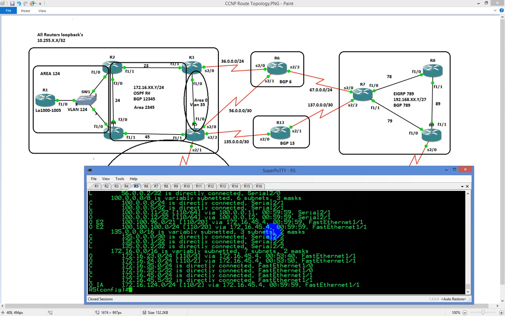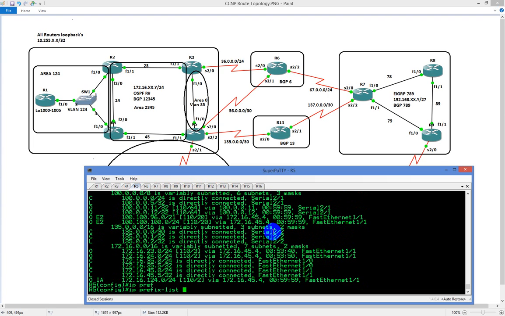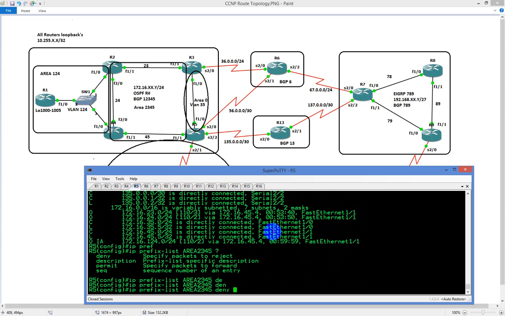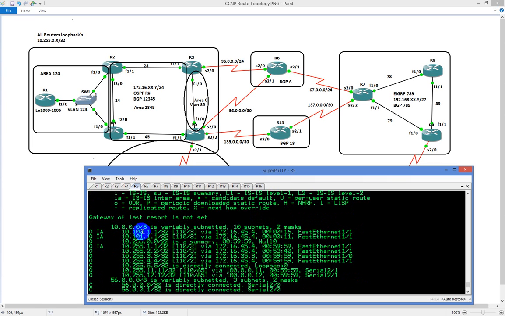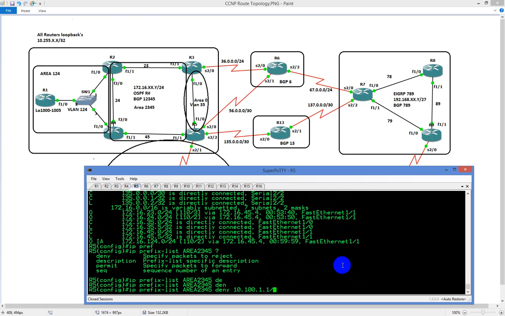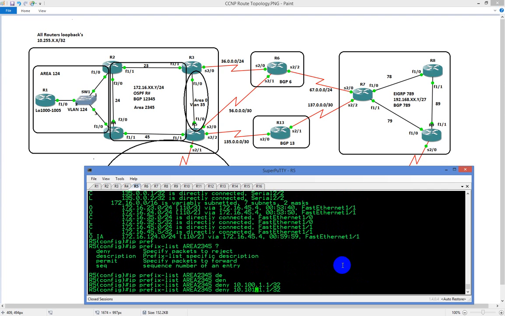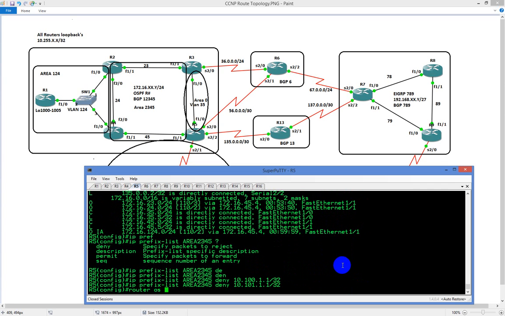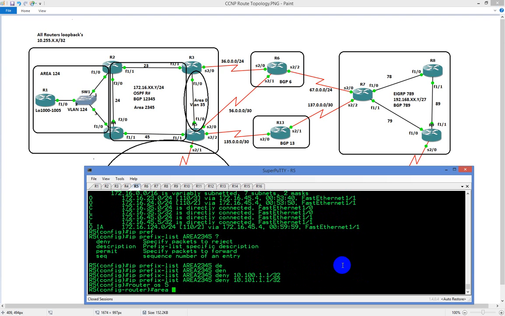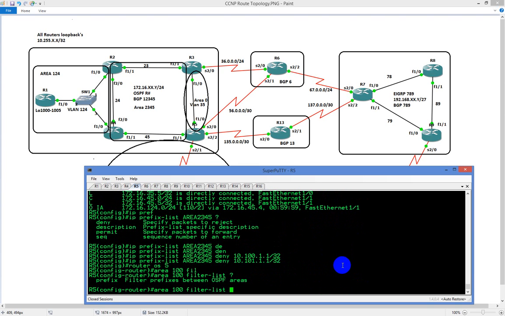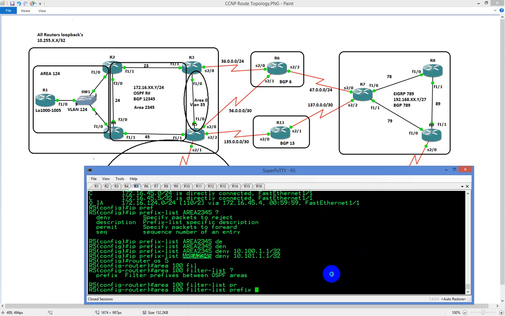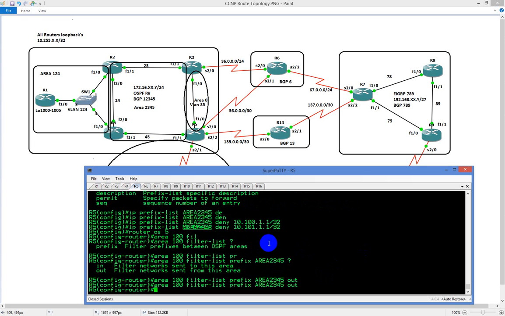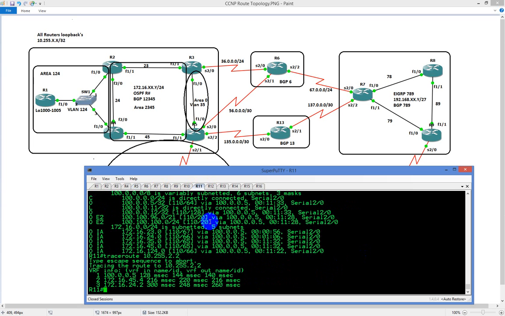So here again, I'm going to type in IP prefix list area 2345. I'm going to type in deny, and I'm going to grab the route here. Deny that, /32, and deny 101. Type in router OSPF 5. Type in area 100 filter list prefix to area 2345 out. Okay, now if I go to 11 now, and if I hit the up arrow,